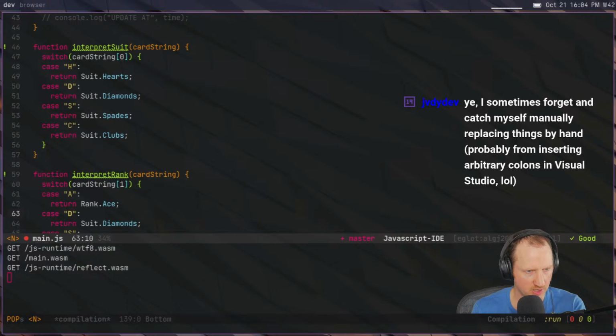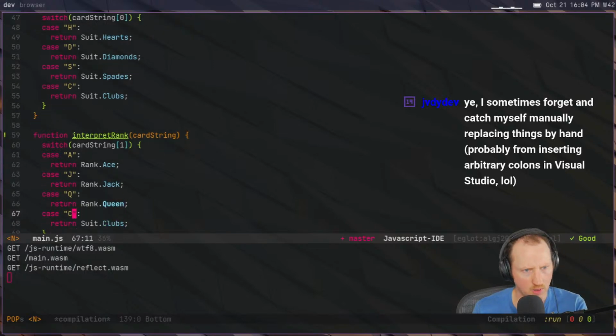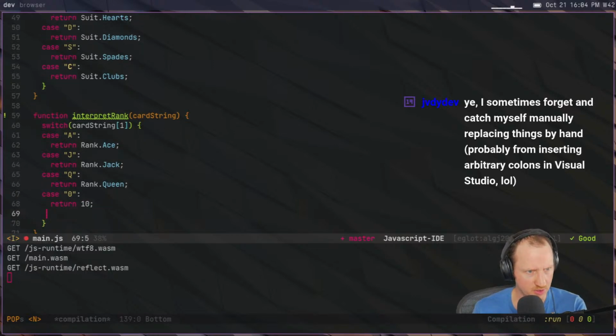If it's case J, if it's Q, if it's 0, we're going to do something a little bit special here. Or actually, we'll just return 10. And default,